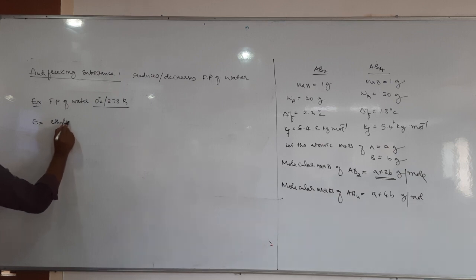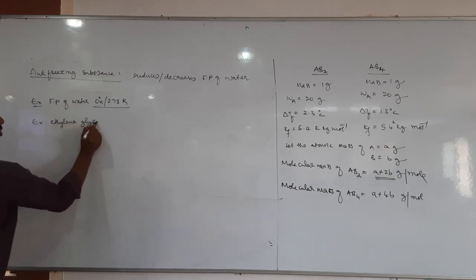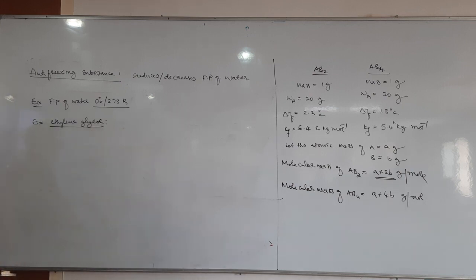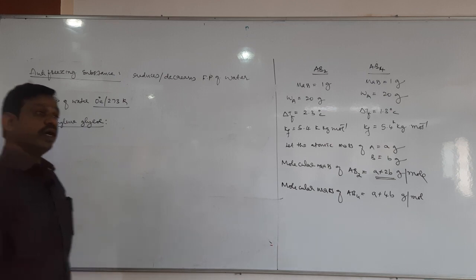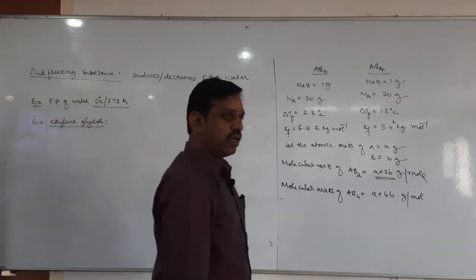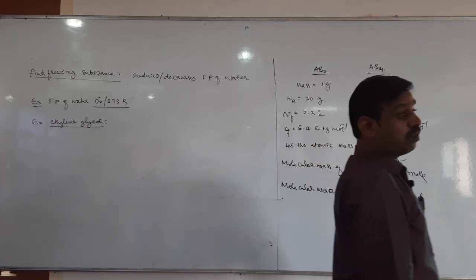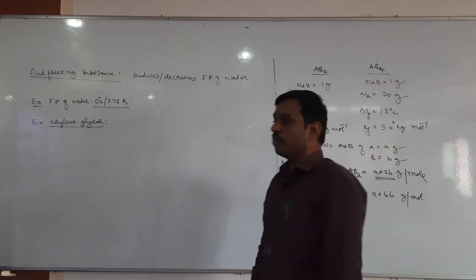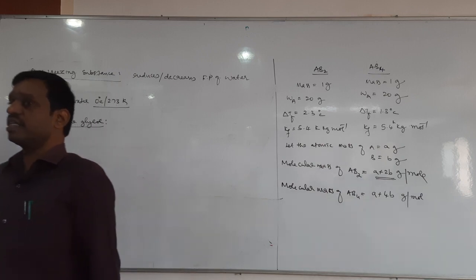Then best example for anti-freezing substance is ethylene glycol. So ethylene glycol is an anti-freezing agent. We have written in where, solubility, I think. Solubility, yeah? Or no? W by V, I think. Okay. In W by V, we have written like this example. So ethylene glycol. Tell me, what is the W by V of ethylene glycol taken as an anti-freezing agent?